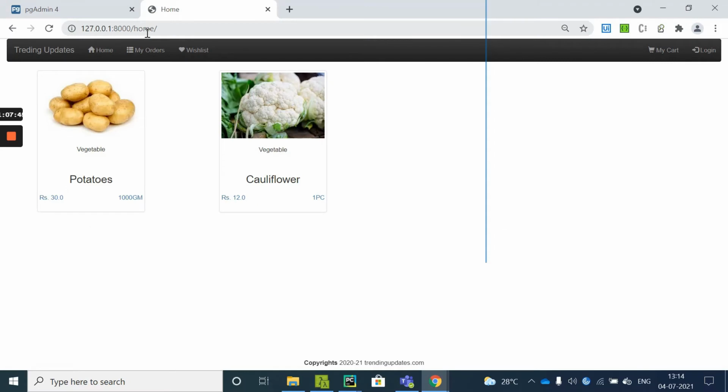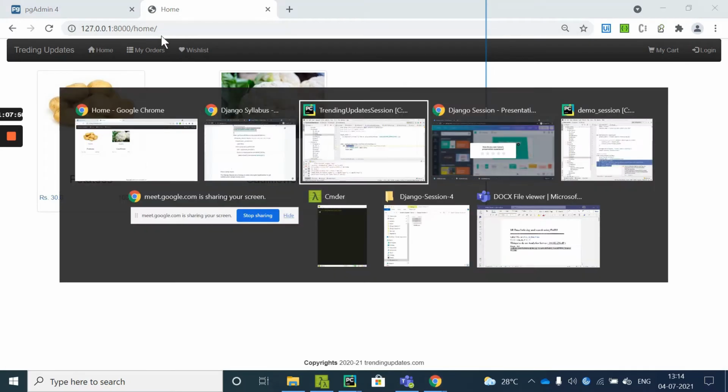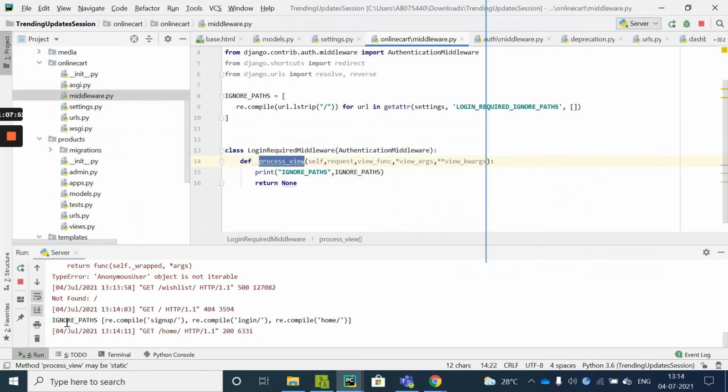My home page path is under home now. I can come here and show you what the ignore paths are. I want to ignore certain things when logging into the system. I don't want to make login required for the sign up page, because for registration we don't require that, nor for the login page and the home page, because home is the publicly available URL for our users.